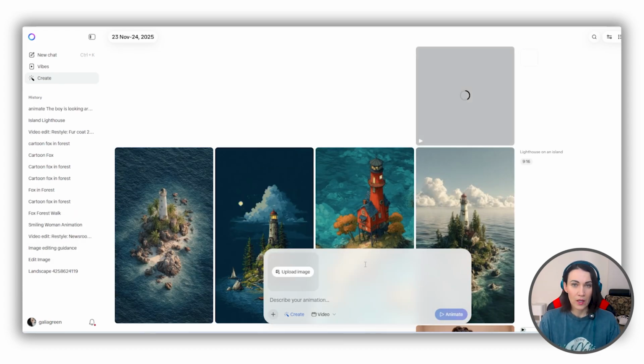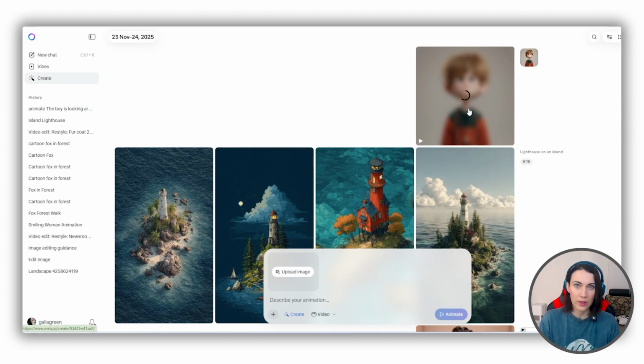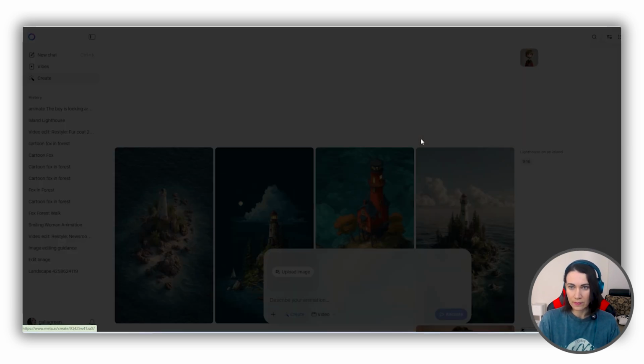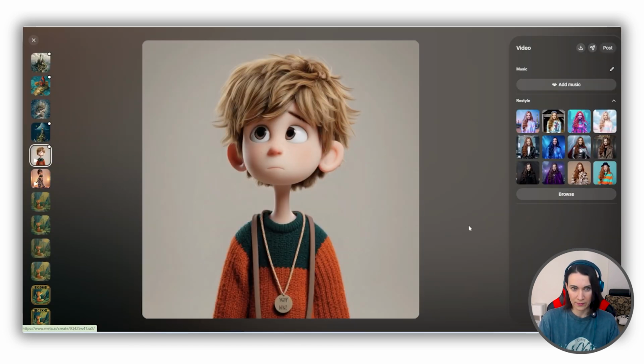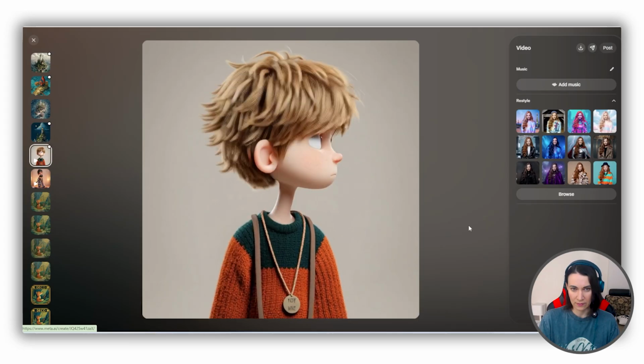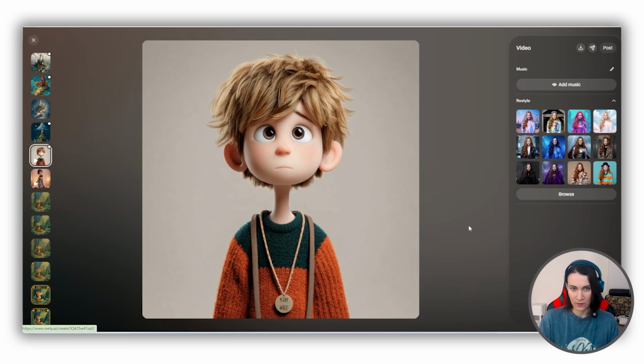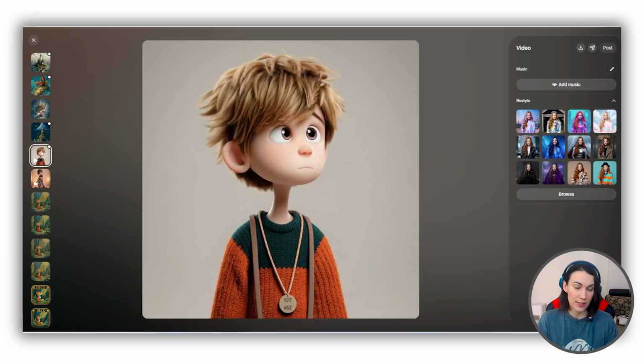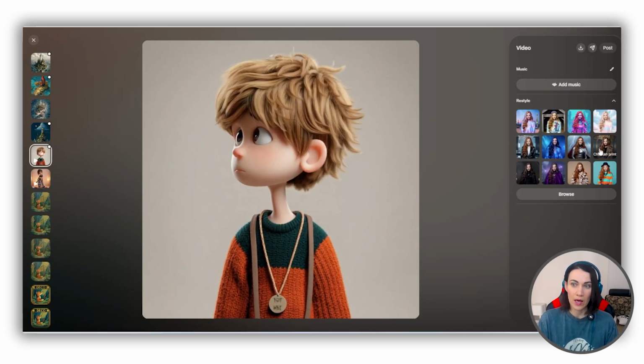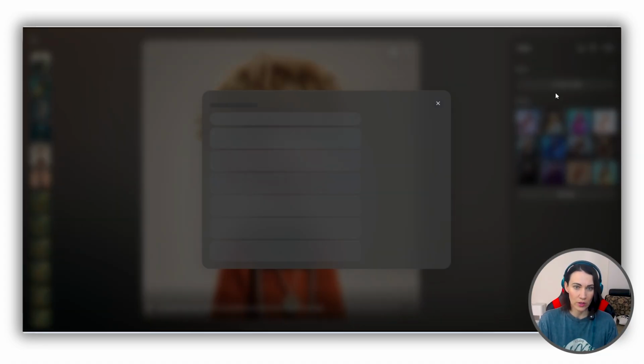and run it. If you upload an image, then the aspect ratio of the animated video will be the same as the initial image. If you start just with a text prompt, the default aspect ratio for videos is 9:16, and there are no options for this for now, unfortunately. Let's see what we've got. Okay, not bad. As you can see, for this video, we can as well apply restyle or add music using